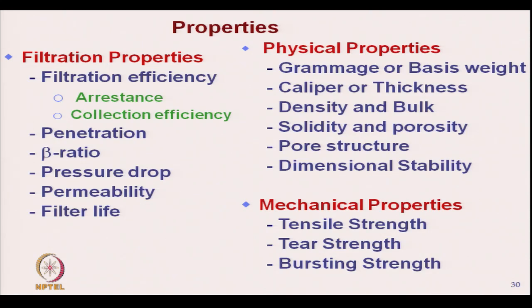Along with filtration efficiency, the other properties are penetration, then beta ratio, next is pressure drop, then permeability of the fluid, and then filter life. So, all these properties will be discussed one by one, and physical properties are mass per unit area, that is